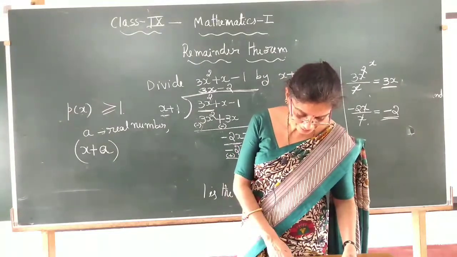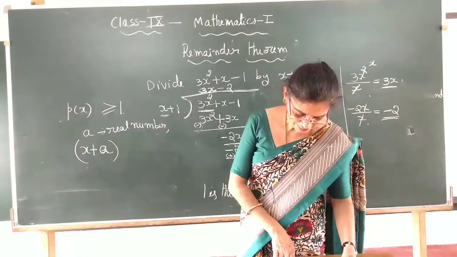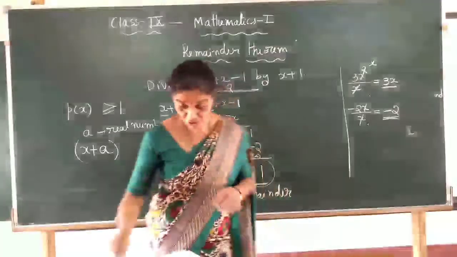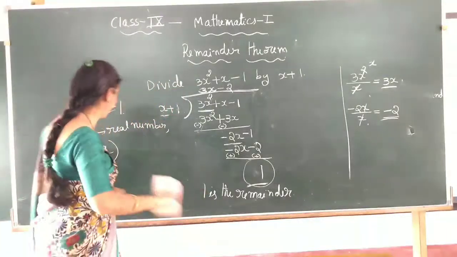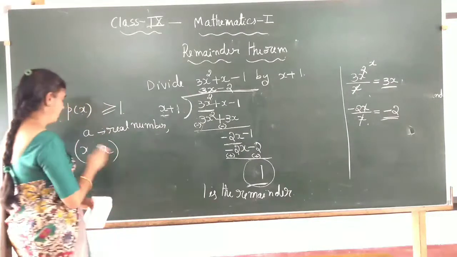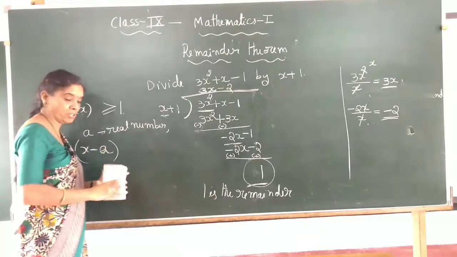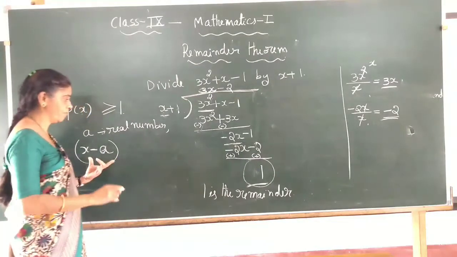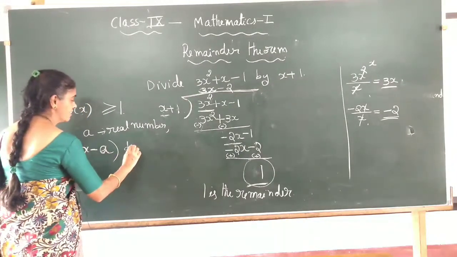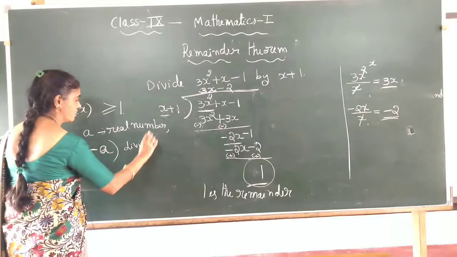The formula they have given is x minus a, so I will use x minus a only, children. Okay, if I divide by the linear polynomial x minus a, this divisor,